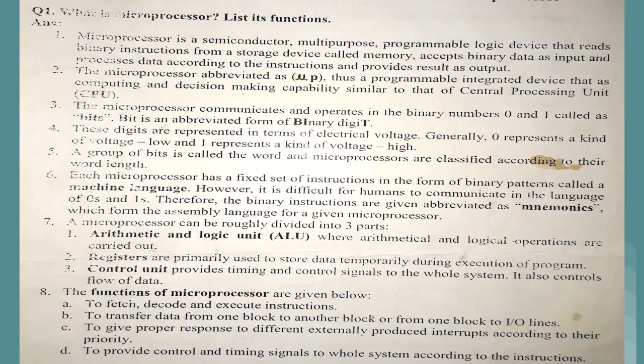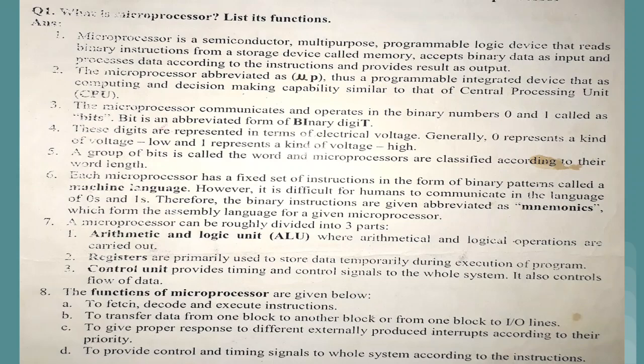Interrupt means, like in programming C++ and all, whenever a certain unexpected condition occurs, that is called an error. Similarly, if an unexpected condition occurs in the case of a microprocessor, then that is called an interrupt. Interrupt means it is actually interrupting the normal flow of the execution, and then we are moving somewhere else.